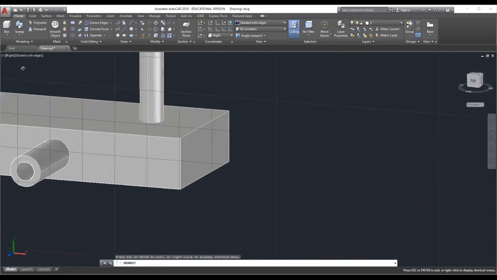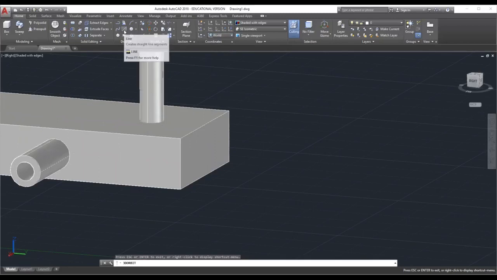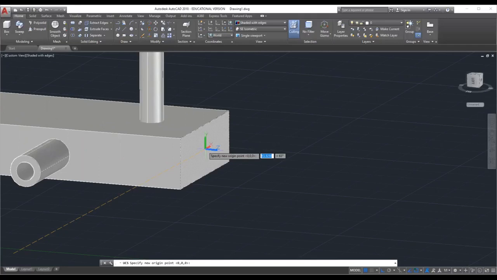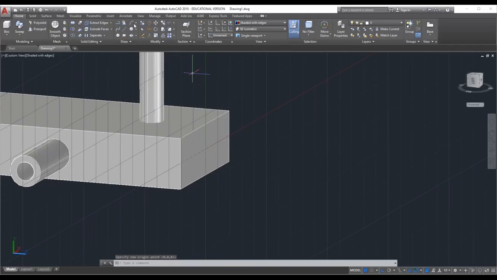Go to 3-point method, or else go to world, click on horizon. This is my midpoint. Select polyline command. We have to create one diagram.